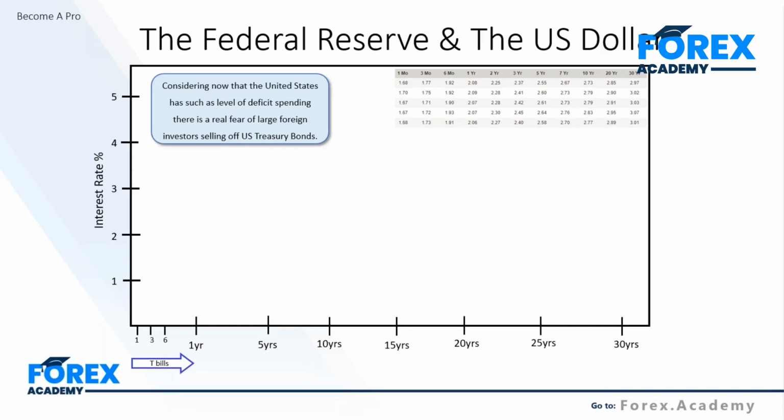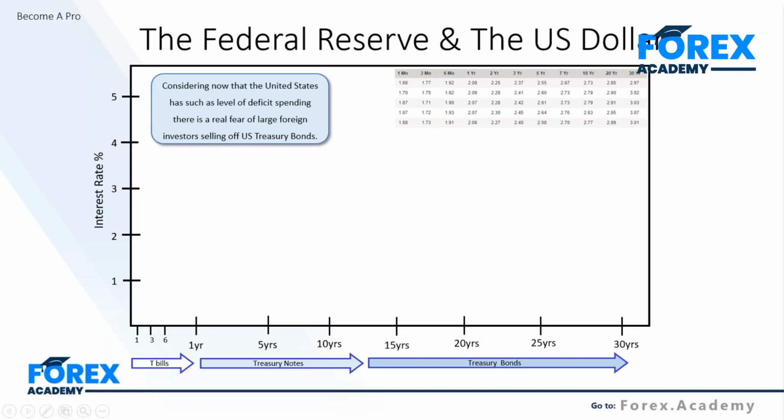Right on screen here we have what we call T-bills. Now they are bonds from 1 month to 1 year. We have treasury notes, which are often from 1 year to 10 years, and then we have from 10 years onwards to 30 years and up, of course, treasury bonds or T-bonds. So there are effectively different levels of debt that you can look for in the US economy.